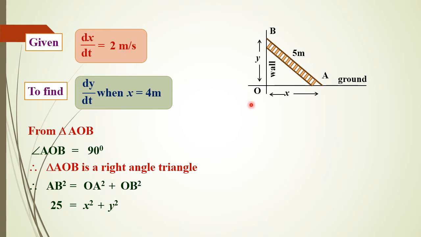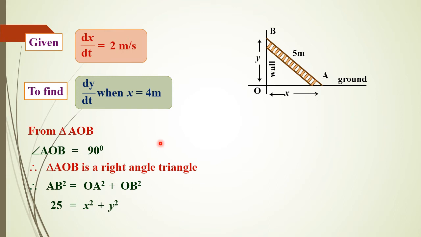Next, when the ladder is being dragged away from the wall at 2 meter for every second, the height on the wall will be decreasing. So when the height is decreasing, y can be written as dy by dt equal to question mark. Then the base of the ladder from the wall is how much? 4 meter. It is also given. Next, all the values are provided here.